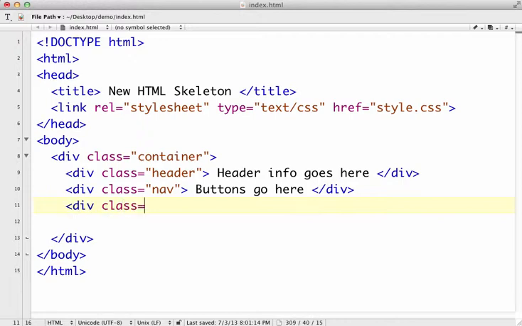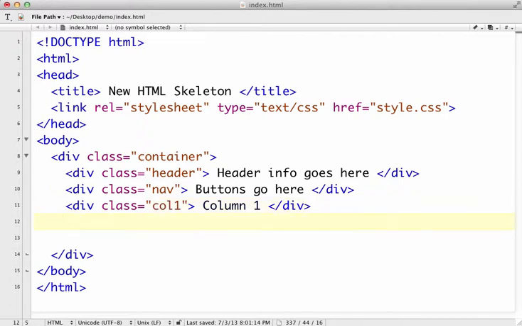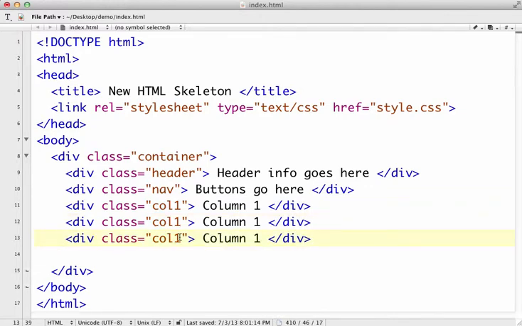Div class equals col1. I'll make this column 1. And I'll repeat that process for columns 2 and 3. So I'll just simply do a copy and paste and paste. And I'll change this to column 2, column 2, column 3, and column 3. So I've got a container div that starts right here, stops down here, and inside of that I have 5